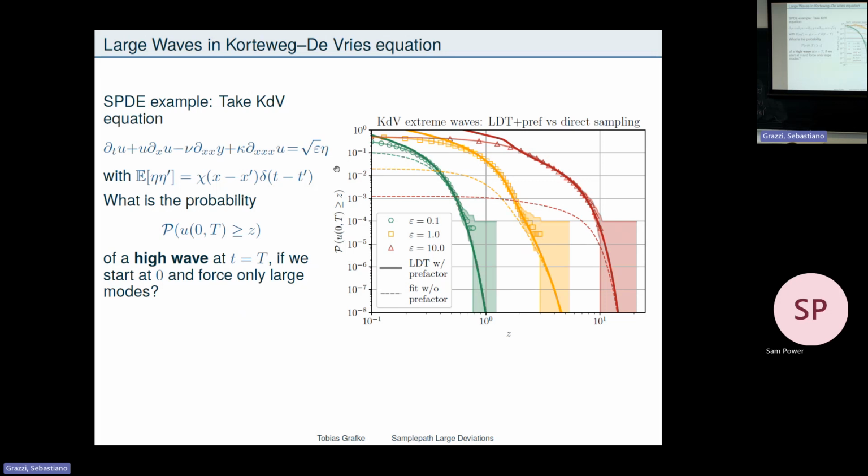But then if I add the prefactor, which is also a function of z, I get these solid curves that very nicely describe the tail events everywhere. And there is no shifting up or down if you want. Each of these points corresponds to solving an optimization problem for that z and solving the functional determinant for that z. So again, this was a large problem.